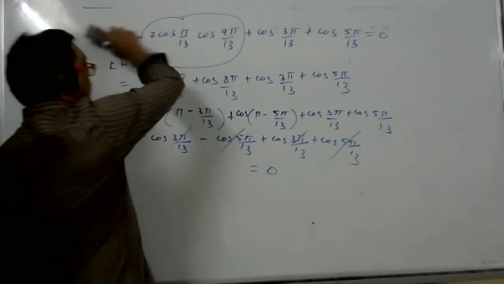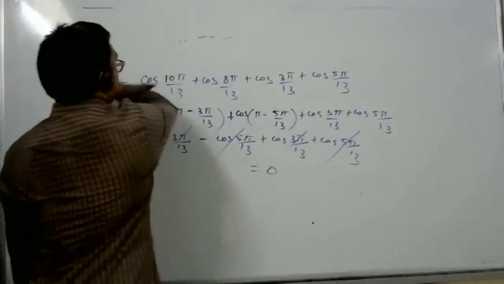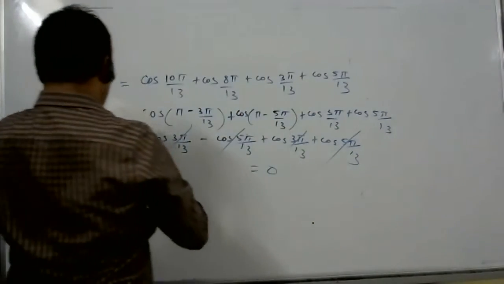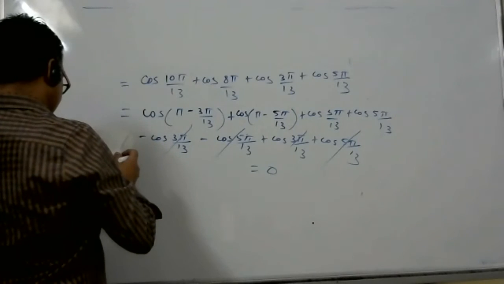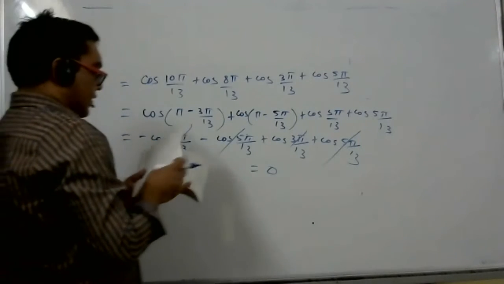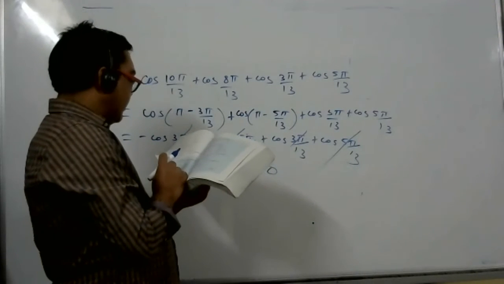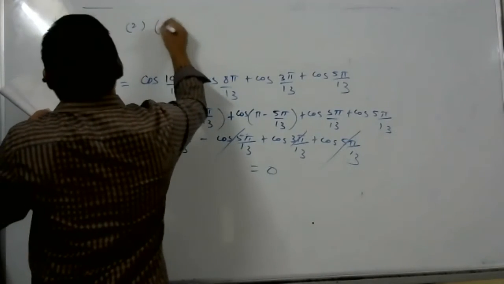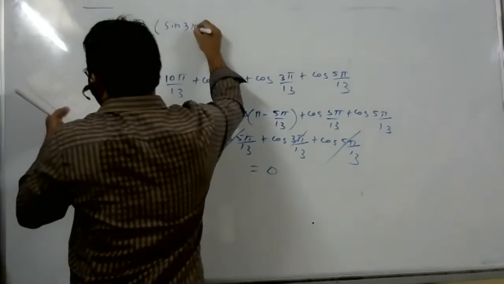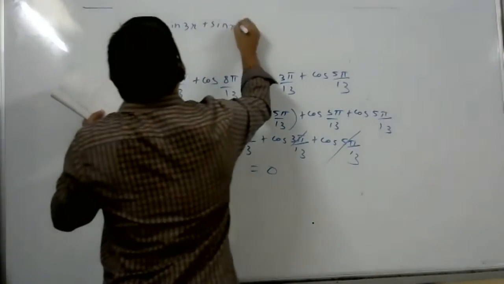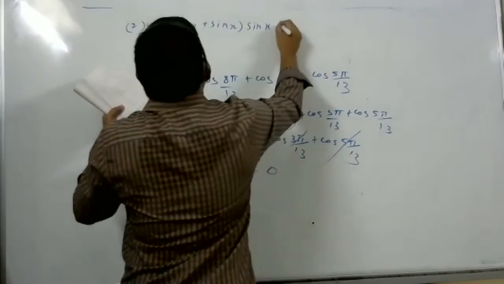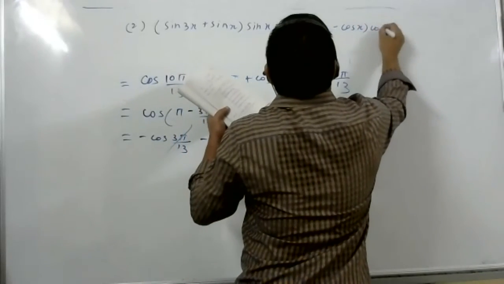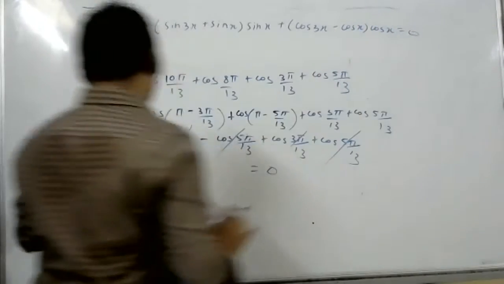Good. Shall I do the second sum? You say, I will do, no problem for me. Could you tell me the formula to be used in questions? This one only: transformation or allied angle, compound angle. That's very simple. See, second sum is so simple. You'll get confidence. Sine 3x plus sine x into sine x plus cos 3x minus cos x is equal to 0. This is the question, second sum.